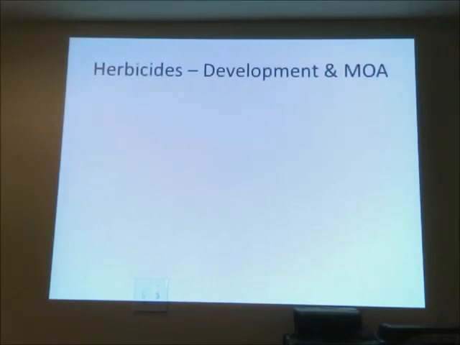Herbicide development is actually a fairly complex and time-consuming process. So it initially starts out with finding or identifying a particular compound that has herbicidal activity. I know a little bit about this because back in the 1980s, for a period of approximately 5 years, in the late 70s and early 80s, I worked as an agricultural chemist for Diamond Shamrock Corporation, which is no longer in that business. But at that time, there were a lot of people out there that were looking at screening molecules for herbicidal activity.